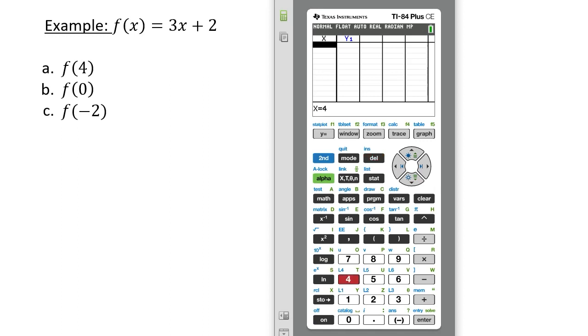If I put in 4, this will give me the value 14. If I put in 0, this will give me the value 2. And if I put in negative 2, now don't put in minus 2 or subtract 2. The calculator makes a difference between subtraction and negative. So put in negative 2 and I'll get negative 4. So I have the point 4, 14 as I found earlier. And then I have the point 0, 2. And I have the point negative 2,